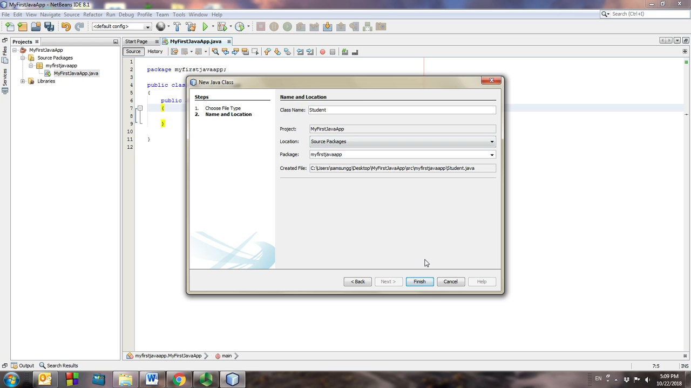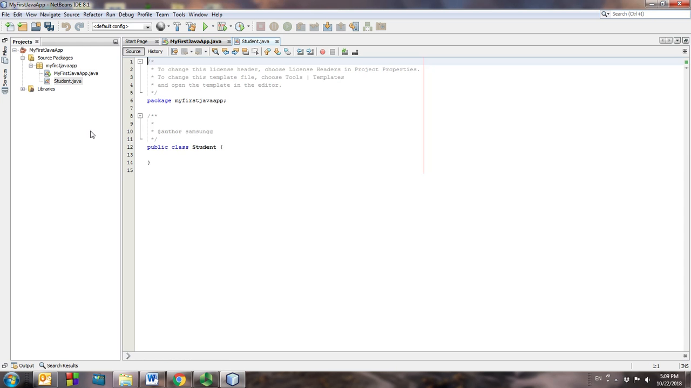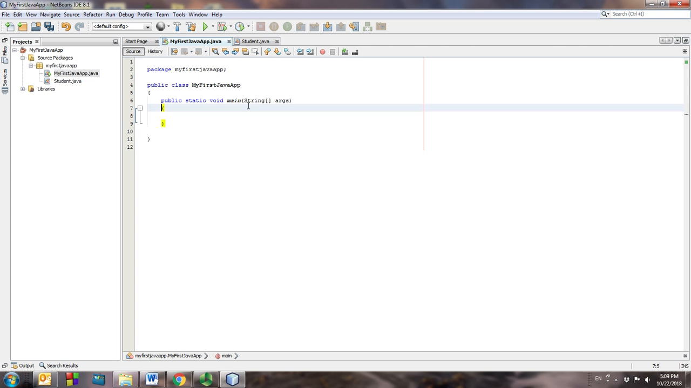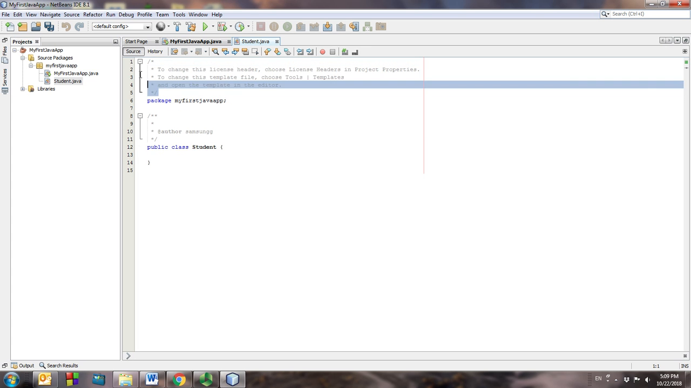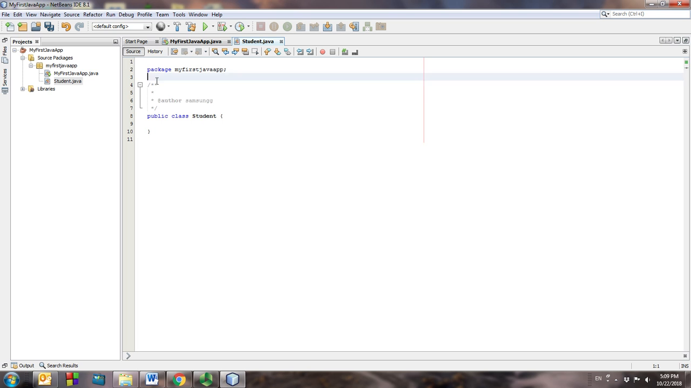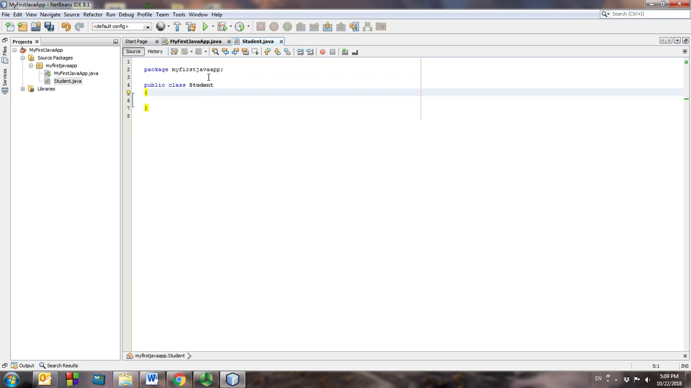Keep these options as they are and click finish. So now, as you can see, a new file has been introduced here. We have the file that contains the main method, and we have a file that represents a student, public class Student. I'm going to remove the comments again. As you can see in the package, my first app, my first Java app, it